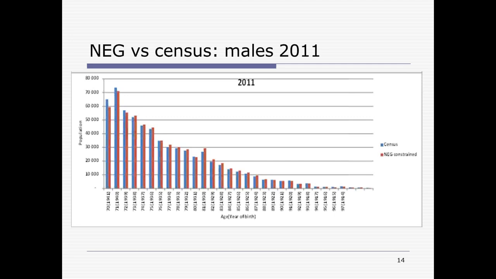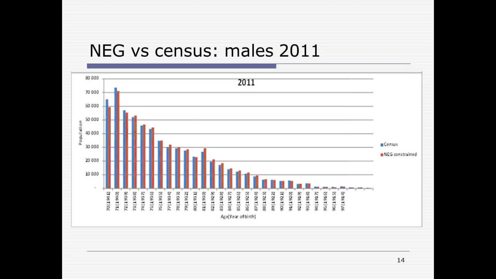Application of the near extinct generation method in South Africa more or less reproduced the census data with all its digit preferences, telling us that the digit preference is actually in the death data, in the official IDs, in fact, as much as it is just reporting in the census. And so it was a lot of help in getting rid of the age exaggeration, but the digit preference, it wasn't much help.